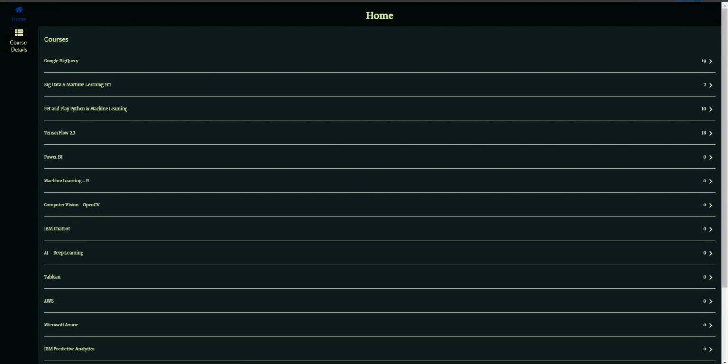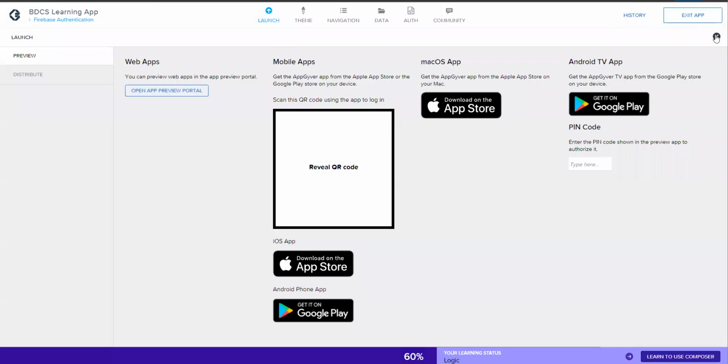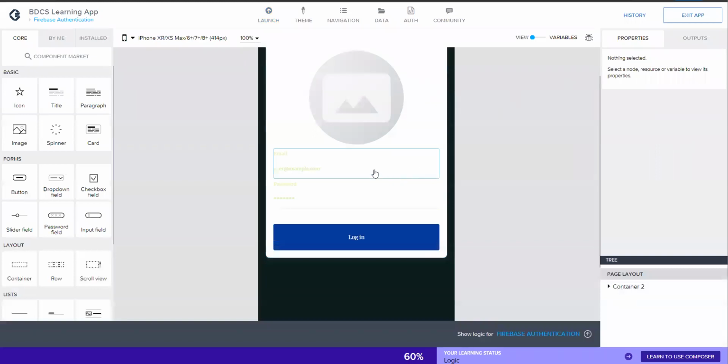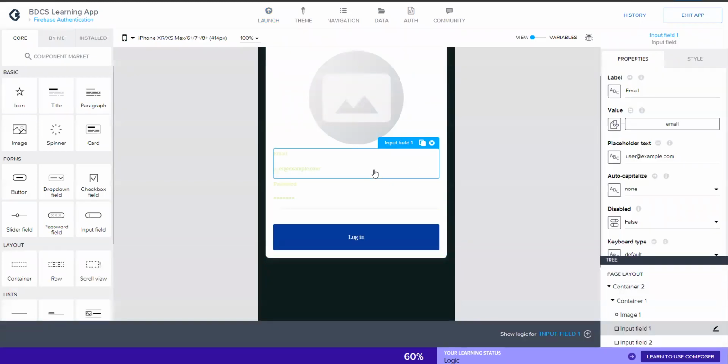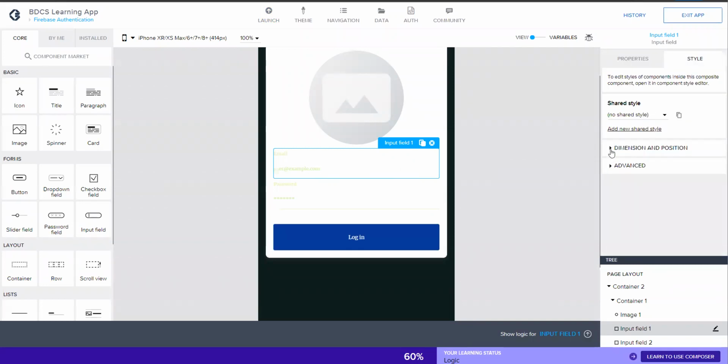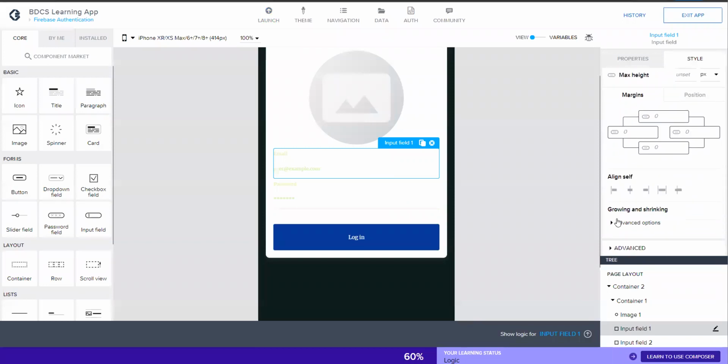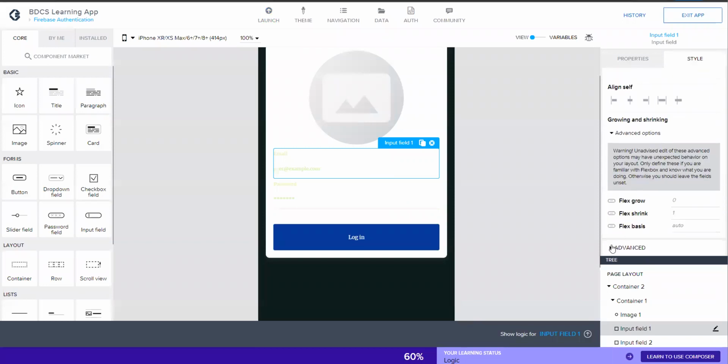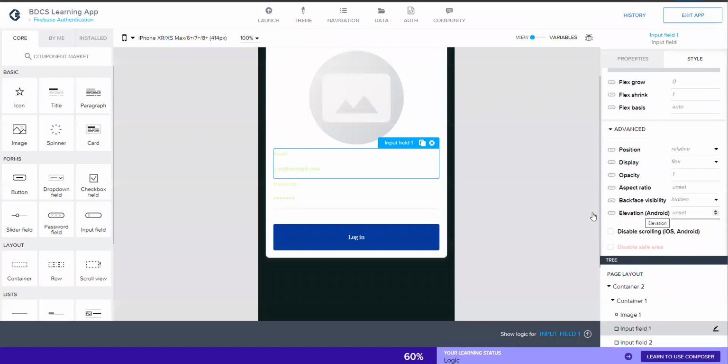So what we need to do right now is change the login page a little bit in order to make it look good. So I click over here and then I go to style and I want to change the type tip.